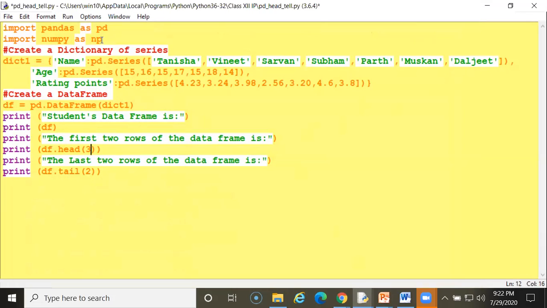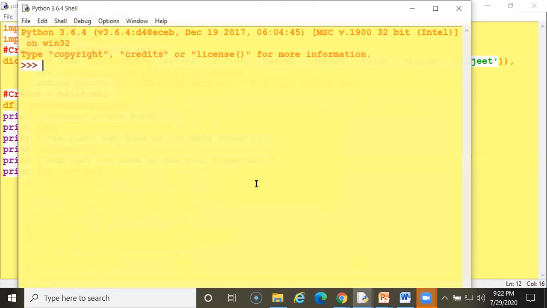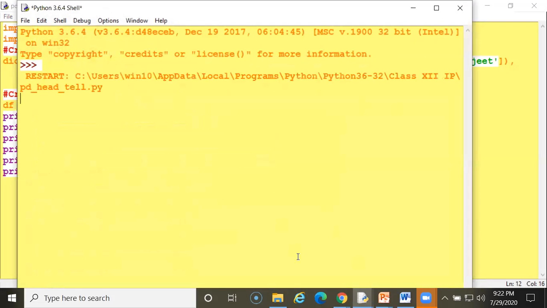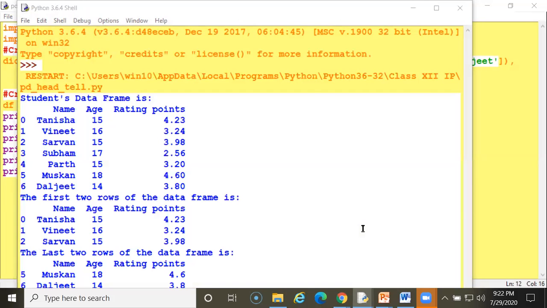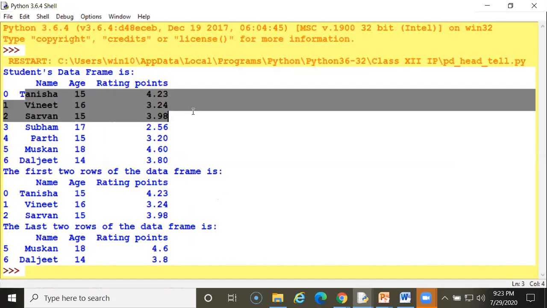Tail 2 I have to display. So I can display the value. You can see it. So these first 3 values, Tanisha, Vineet and Shravan, are displayed. These are the top, and bottom.